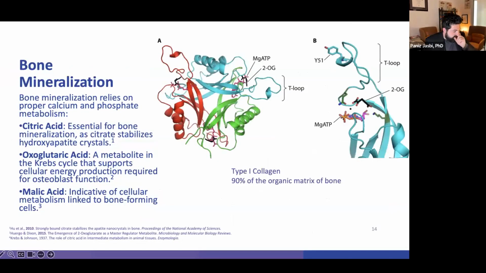This next domain we see here is really interesting. We know citrate, or citric acid, is essential for bone mineralization. It actually stabilizes hydroxyapatite crystals. Oxoglutaric acid is obviously alpha-KG, 2-oxoglutaric acid, oxoglutarate, whatever you want to call it. I think it has like 19 synonyms, but it supports not only cellular energy production through the TCA cycle, it's required for osteoblast function. And in fact, we can see on the protein structure on the right, when we look at the crystallography data for